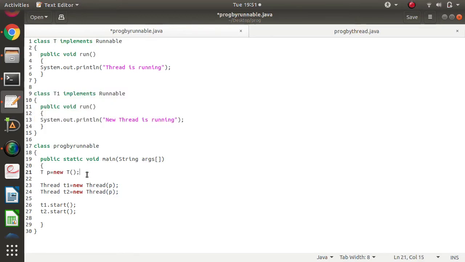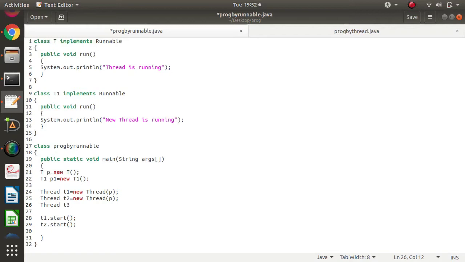For that, we'll create one more object, t p1 is equal to new t1. Actually we have created t1 class and p1 is the object of t1 class. We need to create one more object of thread class.